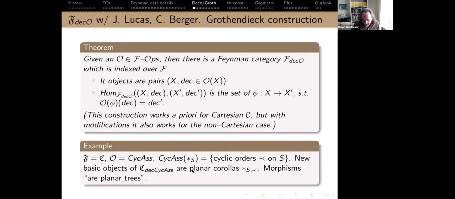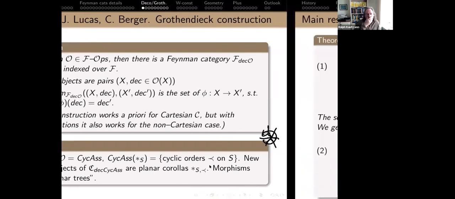And what you get, at every vertex, if I fix a cyclic order, that makes that thing planar. And so I get planar things. So I get planar cyclic operads. So this is what I'm talking about for free. You have something which is sort of easy, namely cyclic orders, and you immediately get these planar graphs.